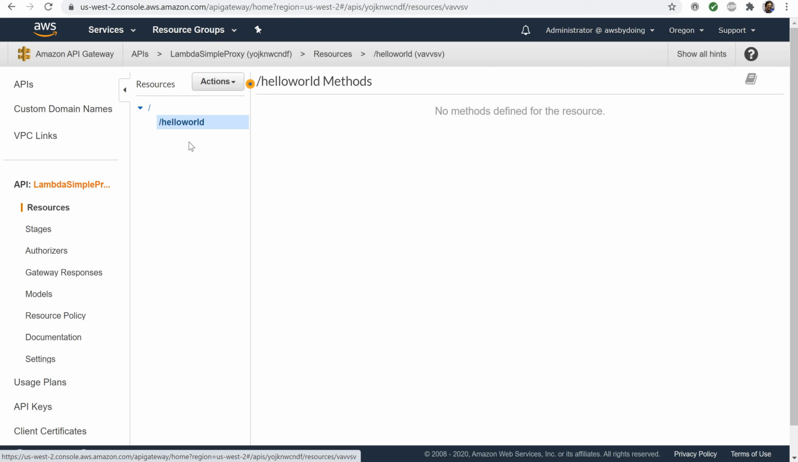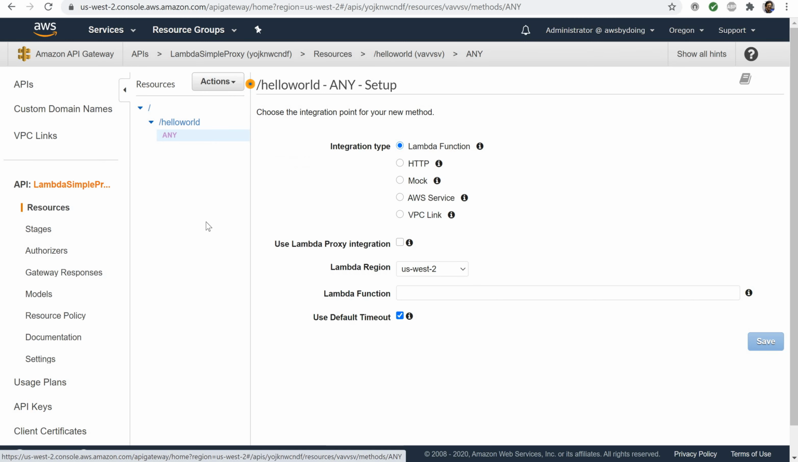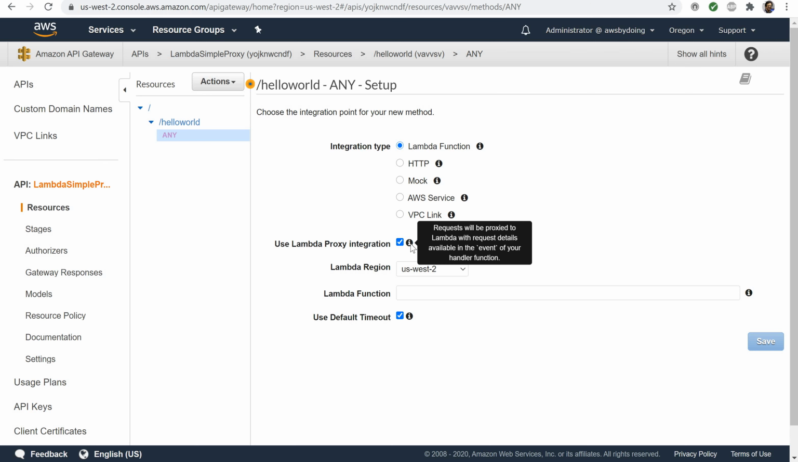in the resources list, choose Hello World. In the Actions menu, choose Create Method. Choose ANY from the drop-down menu and click on the checkmark icon. Leave the integration type set to Lambda function. Choose Use Lambda Proxy Integration. From the Lambda region drop-down menu,